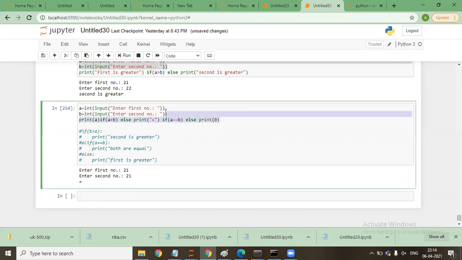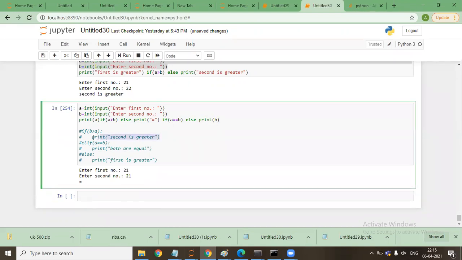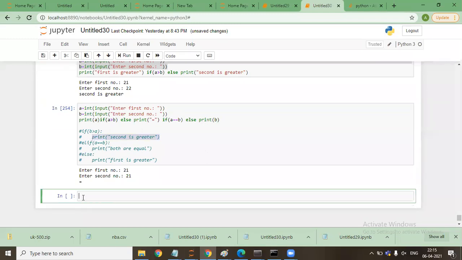Okay. So whenever we write a condition in shorthand, this thing comes first and this thing comes second. Whatever is printed comes first. I'd say print A if A greater than B, else.